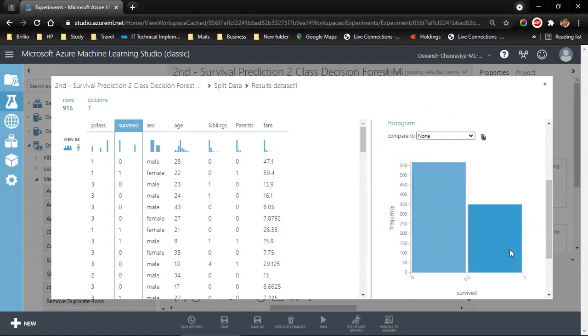It's 0. So 1 is 38%, they actually survived. And if we split this entire population data into training and test data, in the training data, 62% we will have as 0 and 38% as 1. And even in the test data, we will have a similar proportion. That's why when we say stratified, it will take the equal proportion across this.